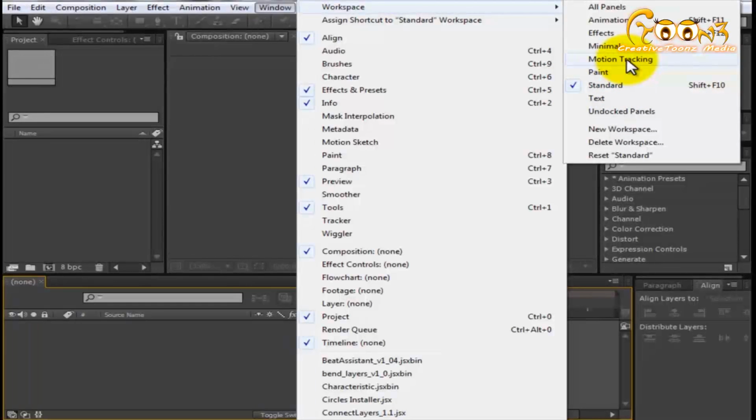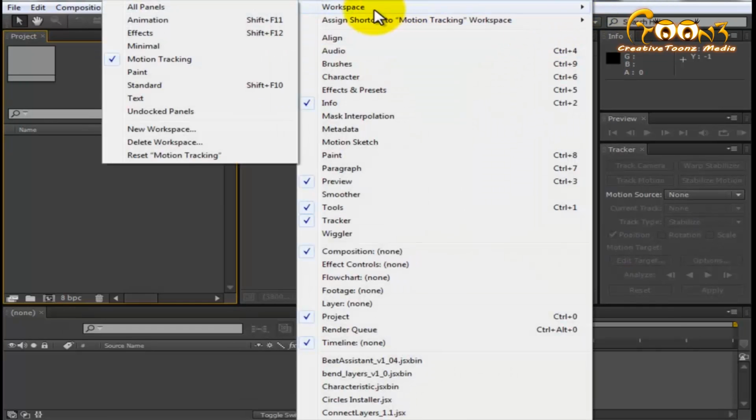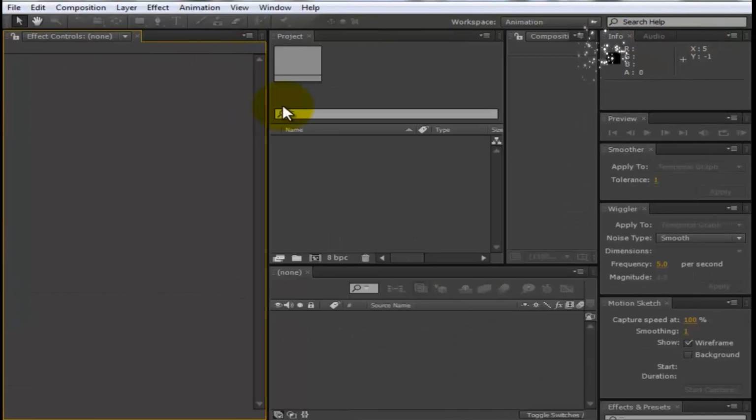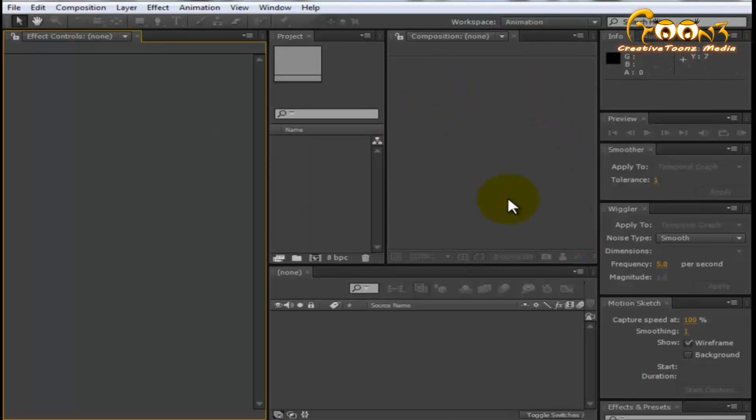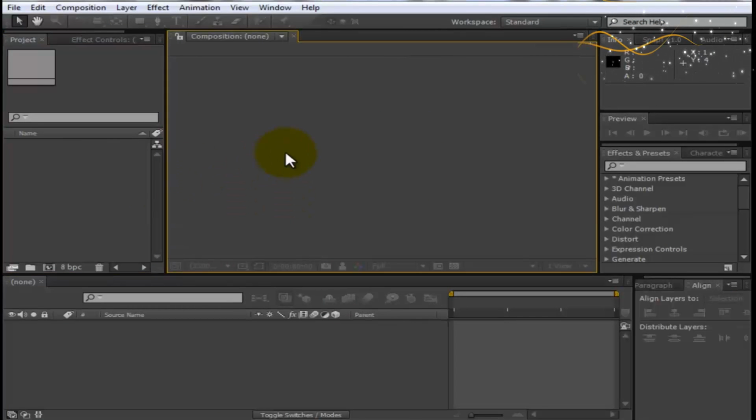If it's on motion tracking or something, then you can choose motion tracking. You can see the tracker will be available here, and there are some others, like if you want some animation type. So in animation there are lots of effects, so that control area will expand, and you can see this will be your project area. And right now we will just go with the default Standard, and